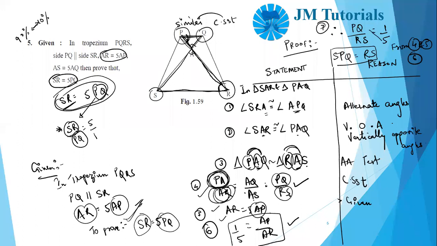So now see, you wrote this. Look at AP. AP is on top, AR is down. So you keep this AP on top only, and you take this AR down. Similarly, this 5 will get cross multiplied down. So AP upon AR is 1 by 5. Now you know AP upon AR is equal to PQ upon RS. So then PQ upon RS also will become 1 by 5. And then finally you cross multiply that. That's how you get the answer. Is this clear, guys? Is this clear?